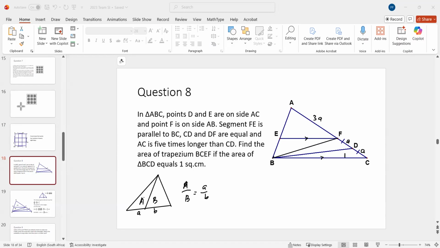To say that this ratio here is 1. So this will also be 1. So these two areas are equal because these two sides are equal. A over A is equal to 1 over something. So that has to be 1. All right. And then